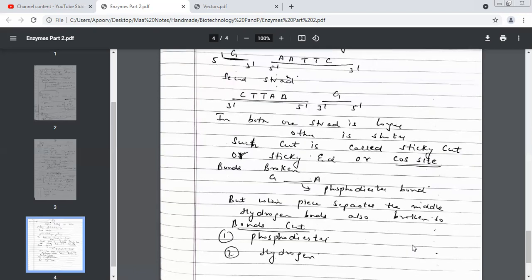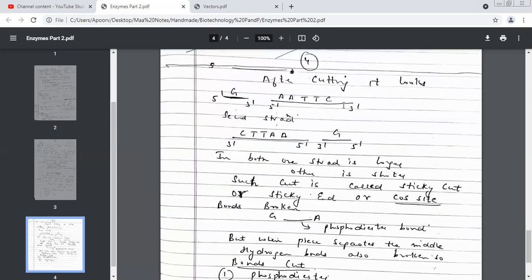See, beta, if I cut it like this, they will form bonds between each other. They will combine with each other, this A with A, T with T, C with C. So they will form bonds with their complementary strand. They will stick to each other. Both these strands will try to stick and form a double-stranded DNA. This will only happen in case of these sticky ends.